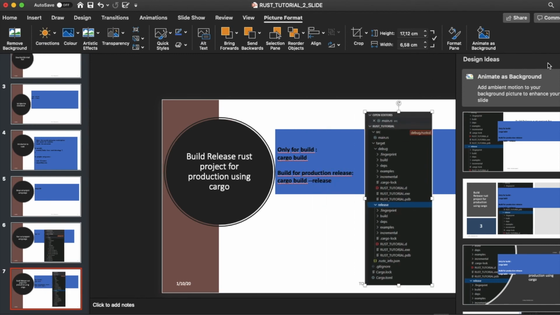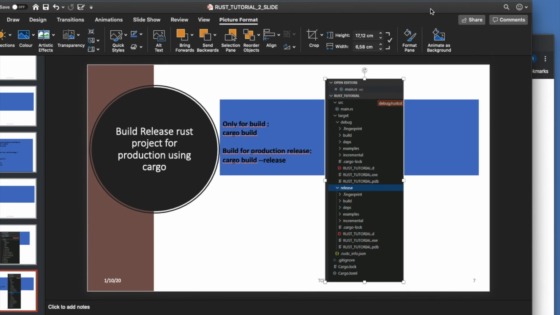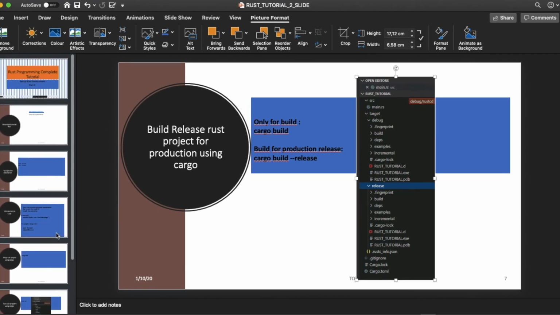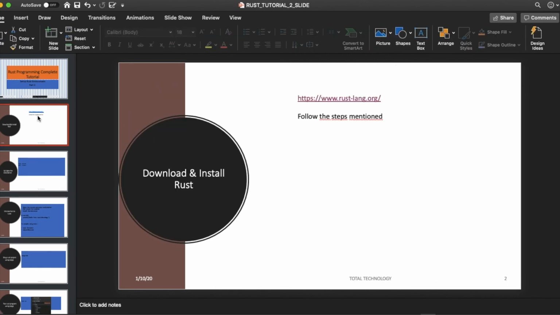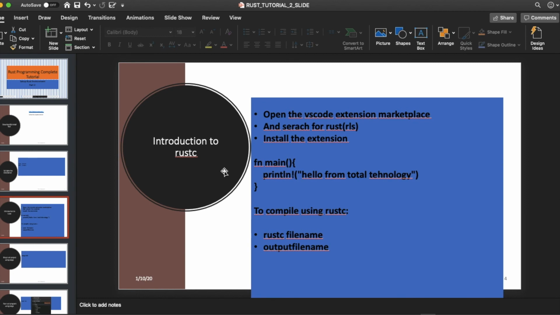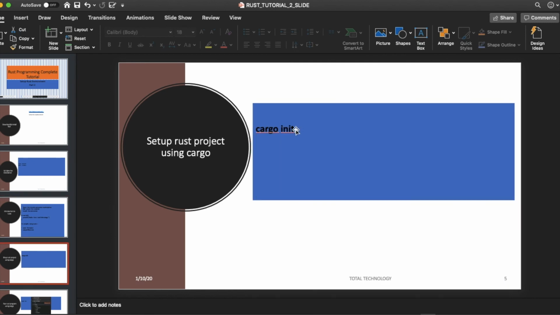Okay, so this is the directory structure. This is a complete end-to-end tutorial for installation, environment setup, how to set up your Visual Studio IDE for the Rust extension, how you can validate your installation, how to check whether Rust is working by compiling one source code, and after that set up your cargo project, how to set up the project with the actual structure that is in it,